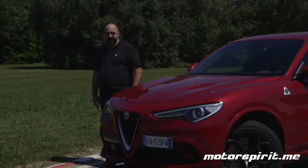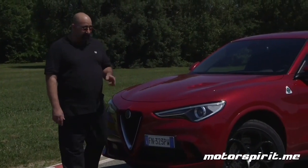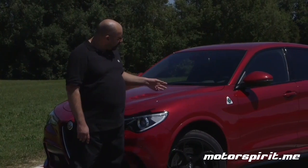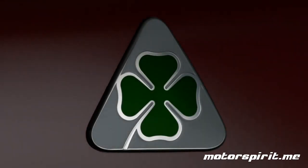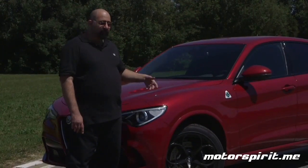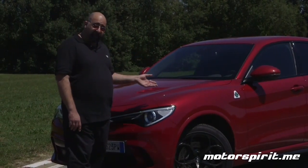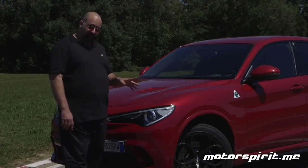Named Stelvio after the Stelvio Pass segment between Italy and Switzerland in the historic Mille race, the Stelvio Quadrifoglio version bears the brand's traditional good luck charm emblem, the four-leaf clover. It distills the Alfa brand's historic racing heritage into SUV form, and is now the fastest SUV on the Nurburgring